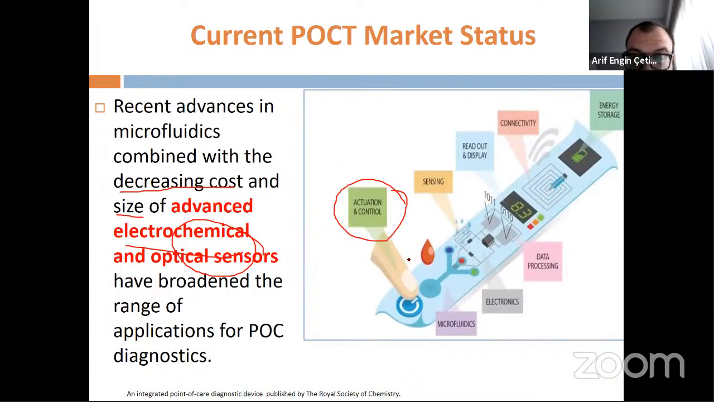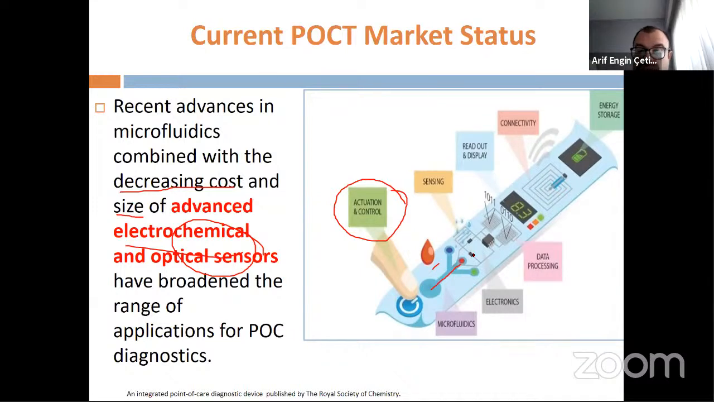So when you look at the schematic, you collect the sample. Here, for example, it's blood. You start the device, you collect the sample, and you drop the sample into the microfluidics. This microfluidic platform sends your sample to the sensor platform,